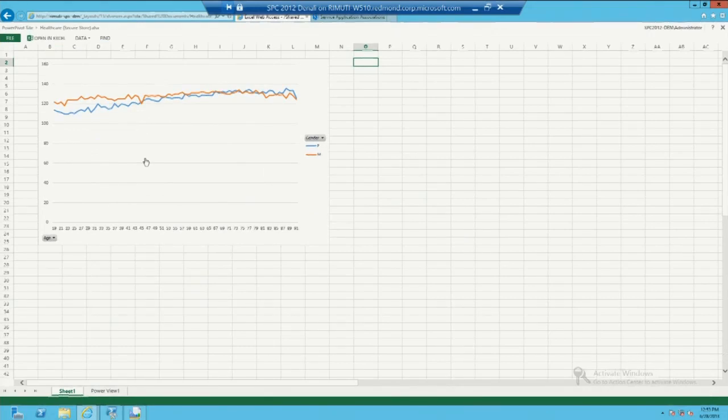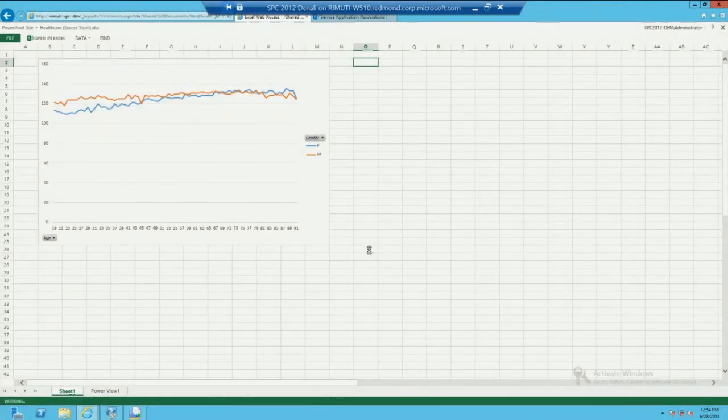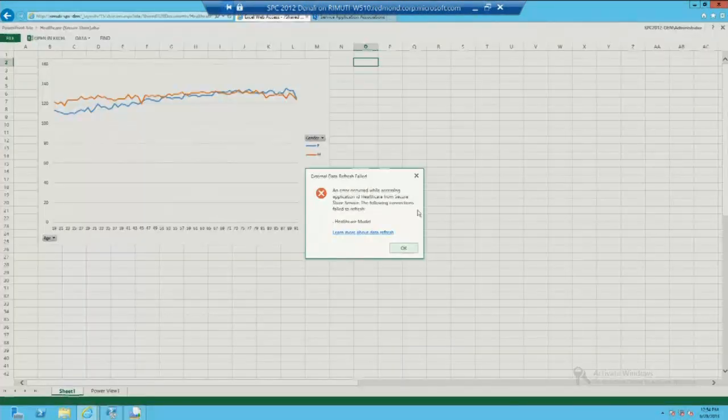But let's try Secure Store. In this case, I've configured this application to go and look up the credentials in a target application ID called healthcare. This is a healthcare data set. Everything seems fine, right? Here's the thing. Excel Services, when it renders pivot tables, when you open them up, by default, is not actually running the query. It's running against the pivot table cache. To really see whether this is working, I'd have to refresh the connection. And when I do that,